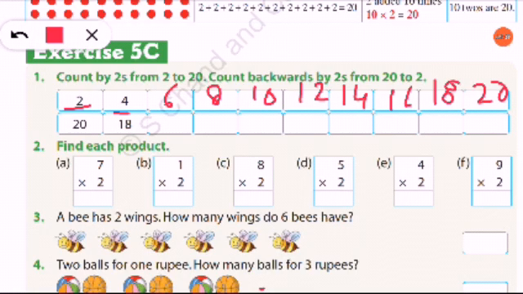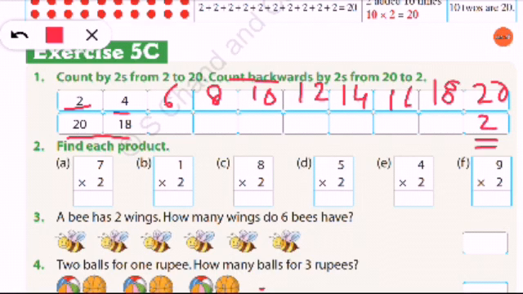Now the second part is saying count backward. We have to count backward, which means you can start from here at 20 and go backward. Or you can write from here and go from this side. Backward, you have to go through the table of 2. You can write from here and this will be very easy for you. Counting backward, maybe you can forget a number, or you can write a wrong number. So we can write from here and move to this side. We have to write the table of 2 only, just like this.